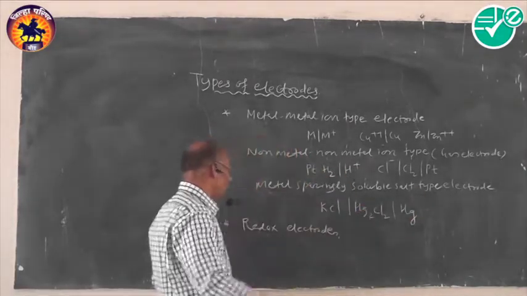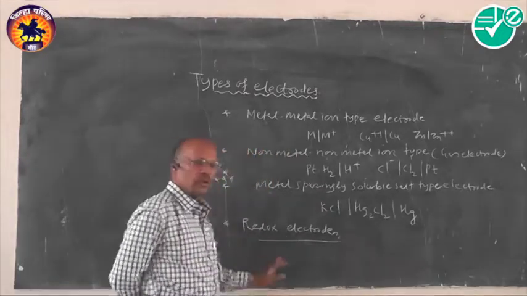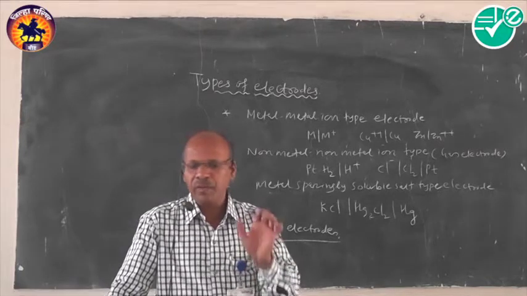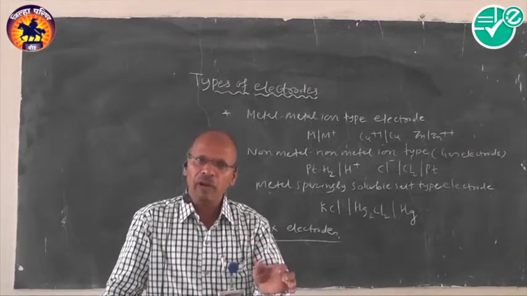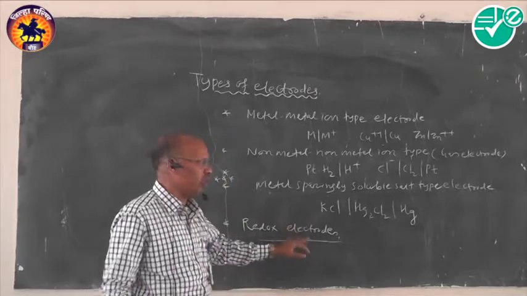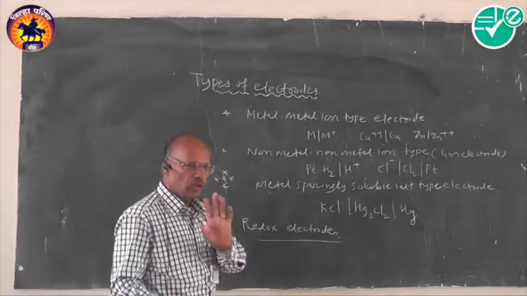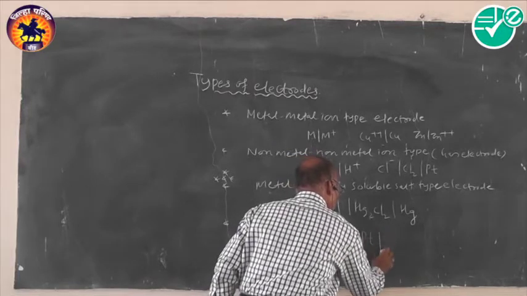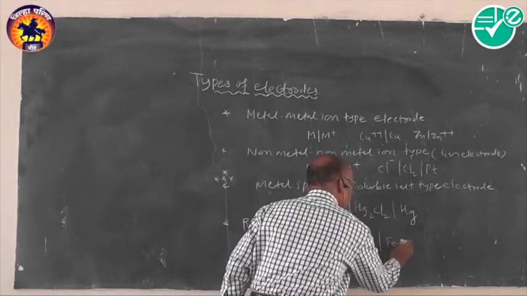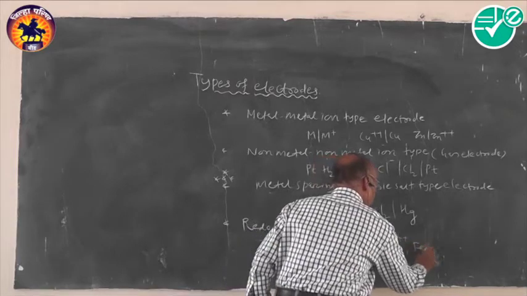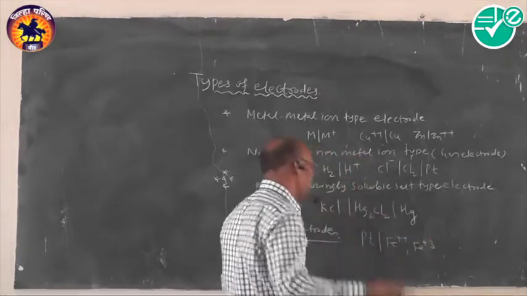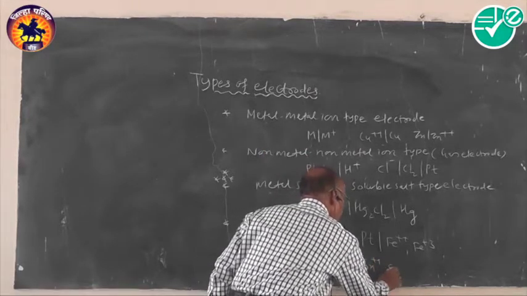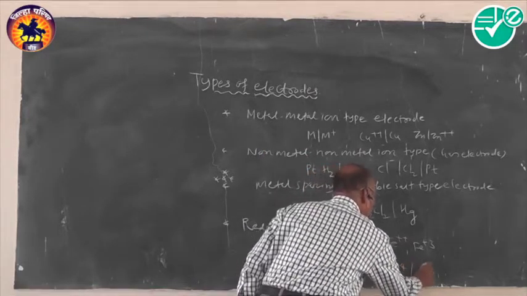Third one is there. Now here, what is the redox electrode? It is the electrode in which the same metal is represented in variable oxidation states in contact with the platinum metal. So for simplicity, we have the redox electrode: platinum, like this. Here Fe+2 oblique Fe+3 is there. We can represent the same one like this. Here Sn+2, Sn+4 oblique platinum is there.